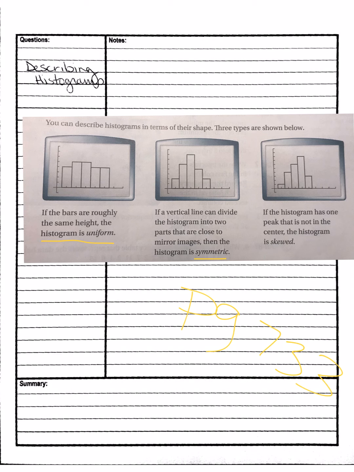We fold it in half, it's a mirror image of itself. And then we can also have one that is skewed, maybe where the peak is not in the center. So this is something to keep in mind when they talk about naming them. You might want to make sure you get those jotted down. Otherwise, I just went over one example of how we create